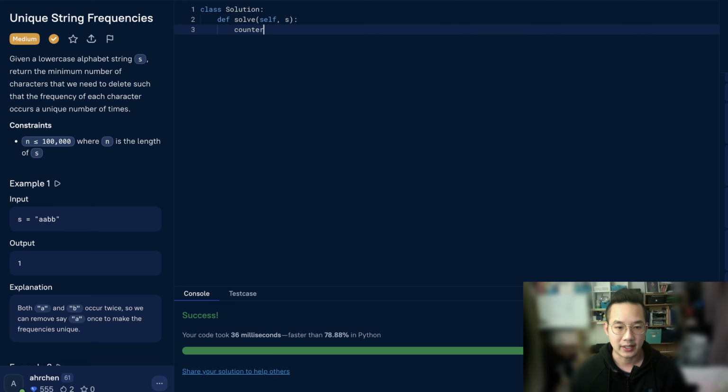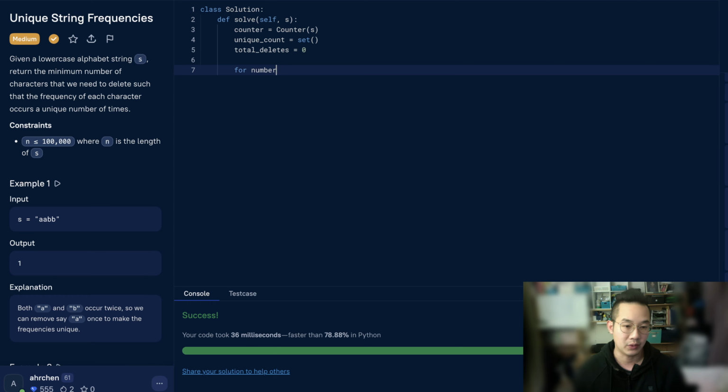Okay, so counter is equal to the counter of s. So this counts all our items. Let's create a unique count set to make sure we store all the unique counts possible, and total deletes needed. Currently it's set to 0. So for a character, and the count of that character in the counter dot items,